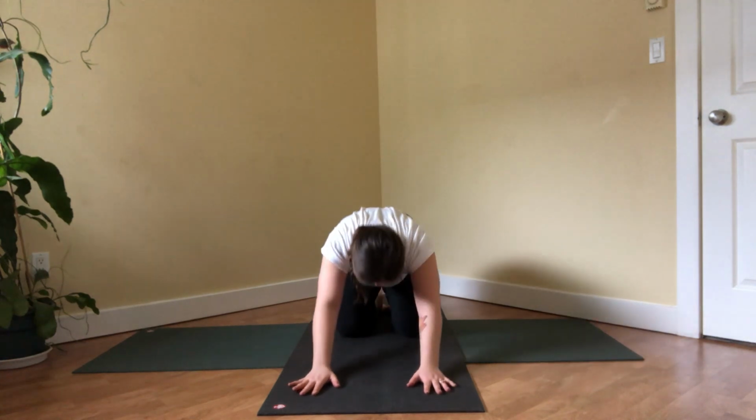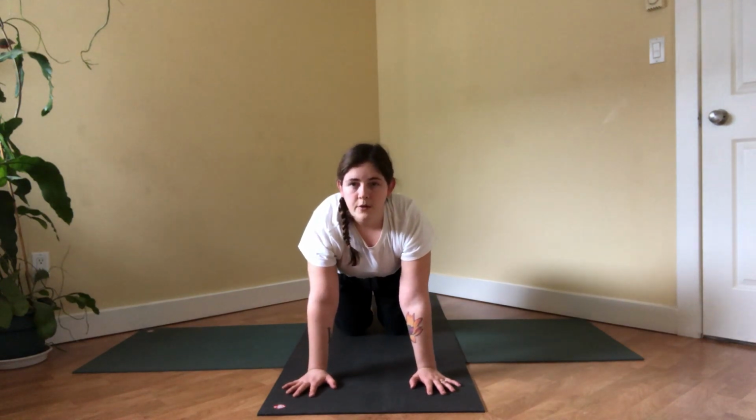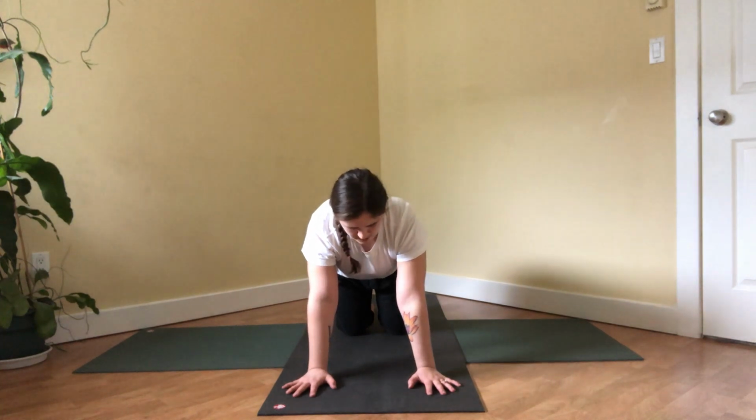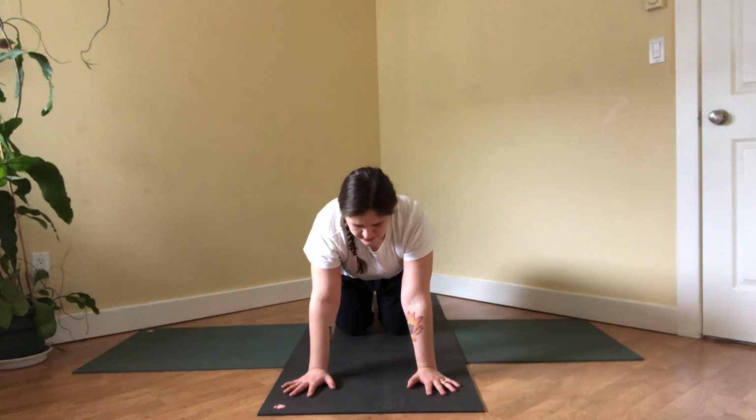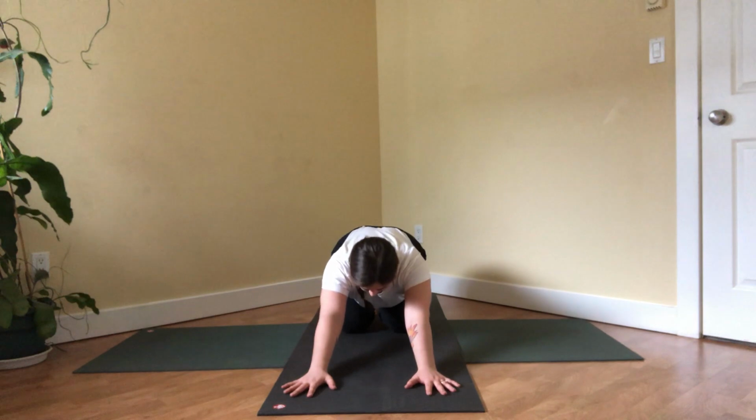Good, and then coming back forward. All right, so now I'll give you two perspectives on one more weight-bearing movement for the spine. Also fantastic for the wrists and the knees. So we'll go slowly. So we start in the position we were just in, the toes, but with the toes